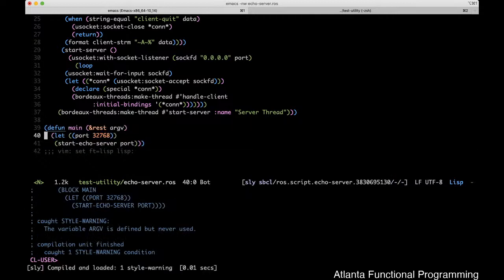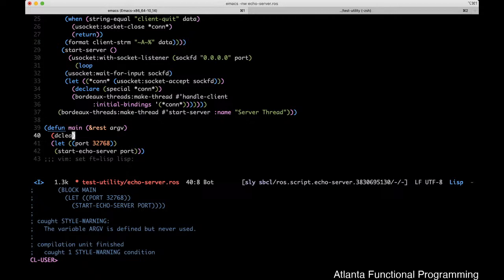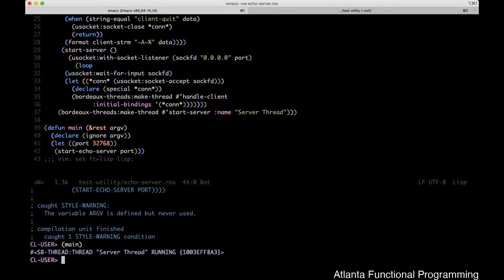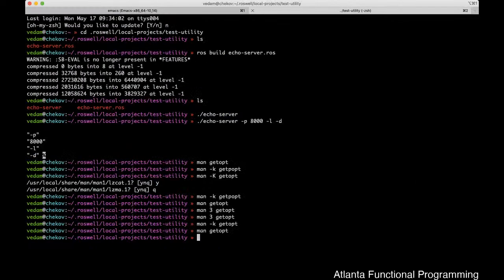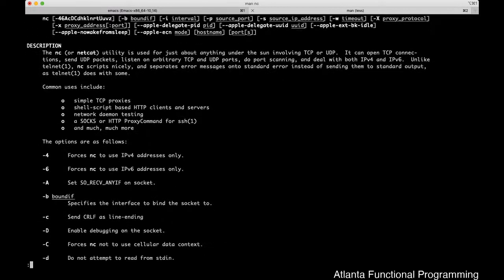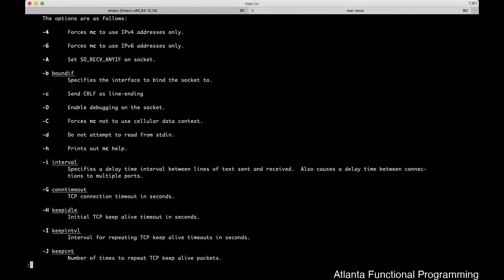argv is not used right now because we've currently gotten rid of it. And if we run this right now, we have our server running. If we netcat it, we can actually connect to it as a simple client. If I remember correctly, the command to connect is